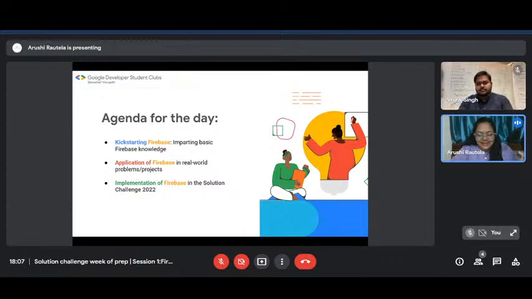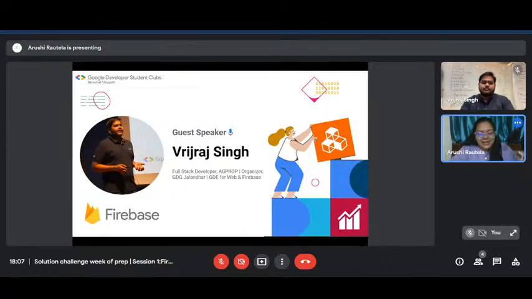With that being said, we take immense pleasure in introducing our guest speaker for today's session, Mr. Vijraj Singh, who is an organizer for GDG Jalandhar and a Google Developers Expert for Firebase and web technologies. He's a front end developer by profession and a community champion by passion. He has given 200 plus talks and workshops for communities over the past 5 years.